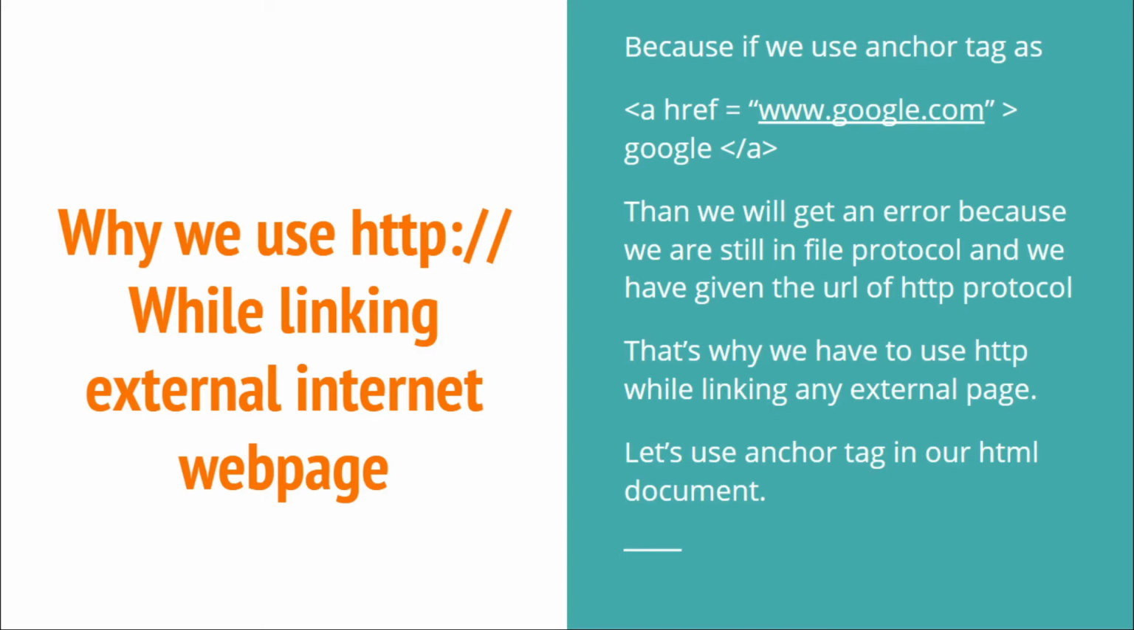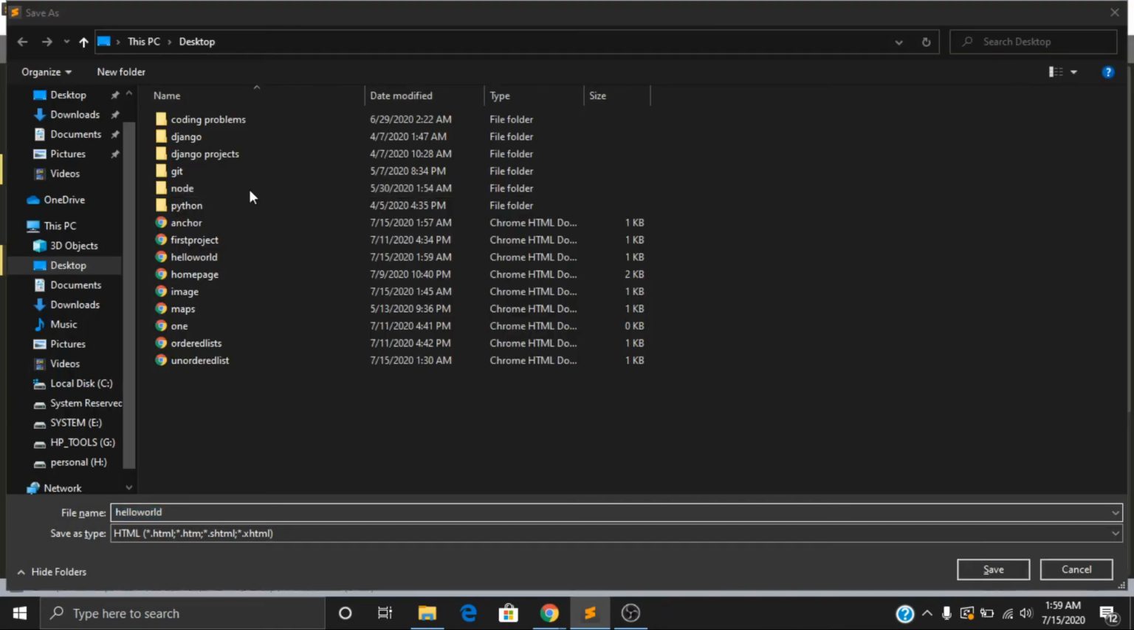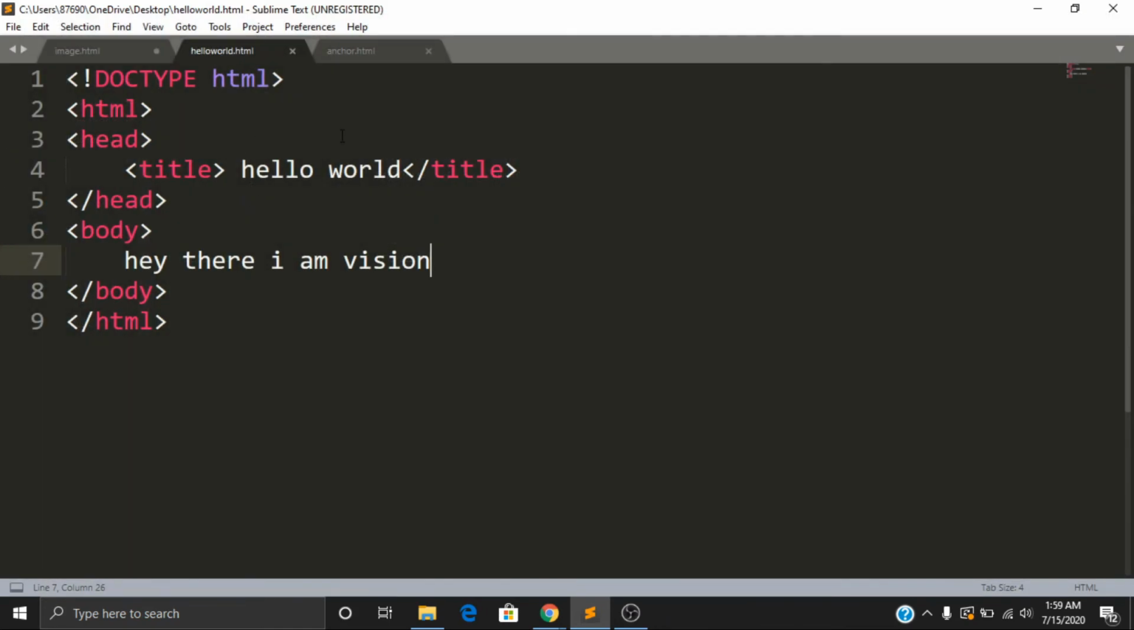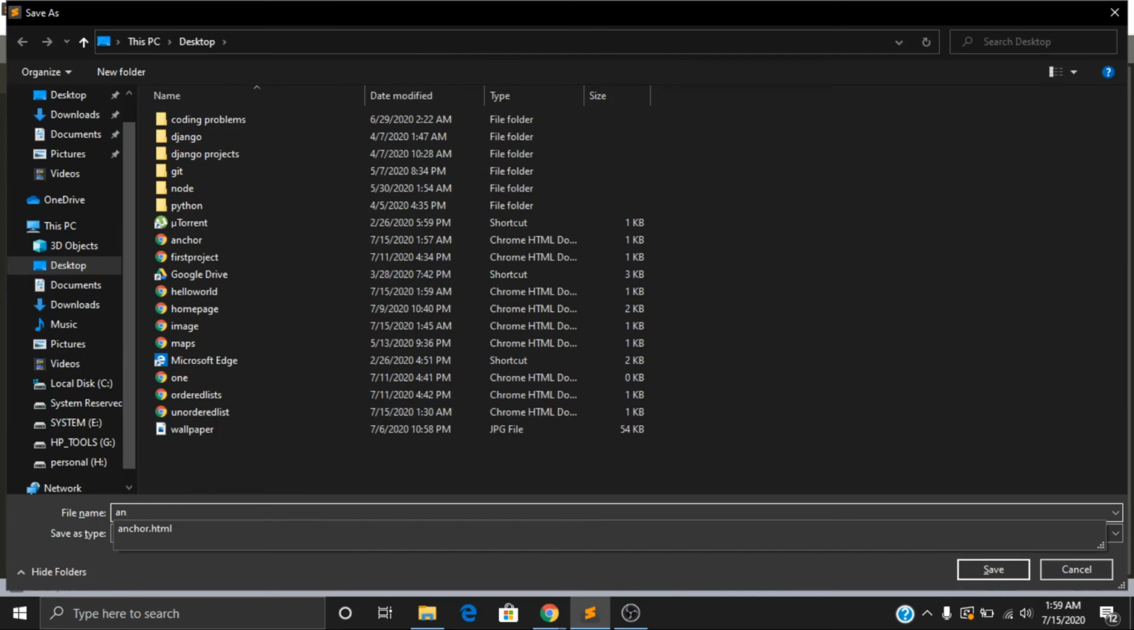So first we will be creating an HTML document that we have to link with our anchor tag. So let's just name it hello world, and inside our body we type hey there I am vision. Let's just save our document as hello world.html, and let's just create another document as anchor.html,